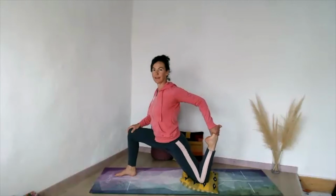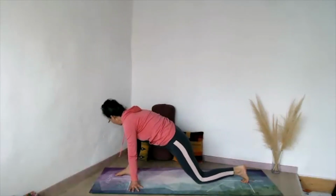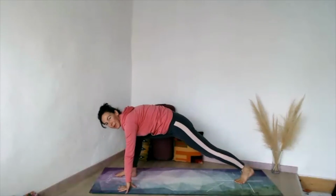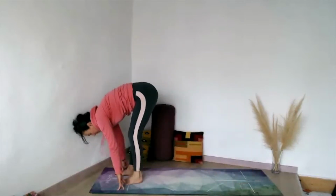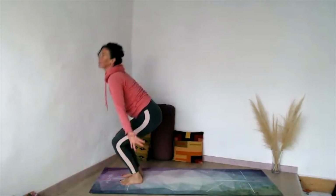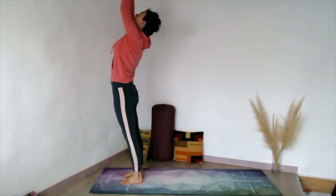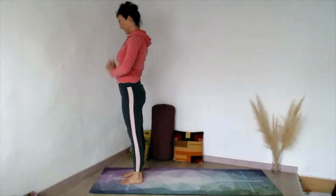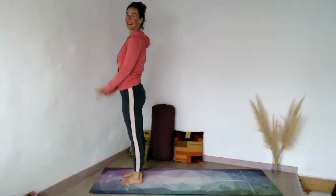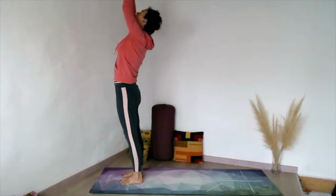Gently releasing the back foot. We bring the hands on either side of the front foot. We lift the back foot and we step the back foot forward. Bending the knees slightly. Inhaling, lifting the arms all the way to the center, palms together. Exhaling, release. And again, lifting the arms, inhaling, looking up, palms together,